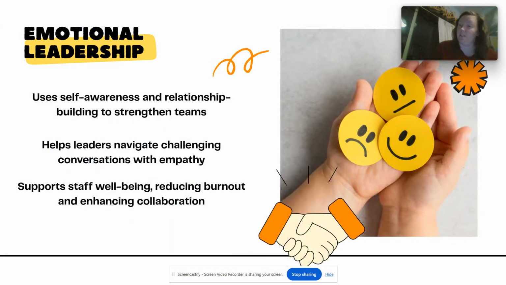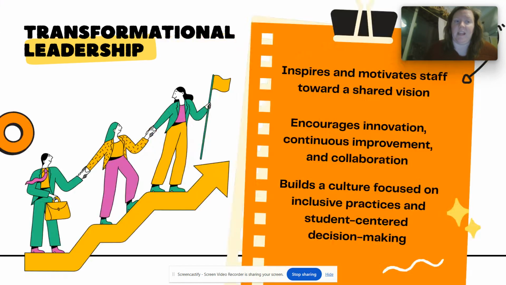There is emotional leadership, which is when the leader uses self-awareness and relationship building to strengthen the teams. When the leader helps other leaders in the school, their colleagues, navigate challenging conversations with empathy. And when the leader supports staff well-being, reducing burnout, and enhancing collaboration. And then there's